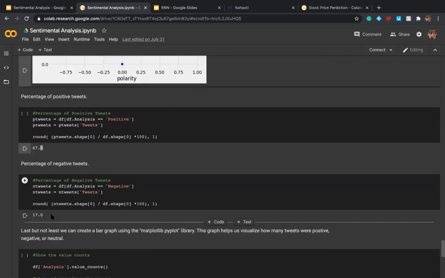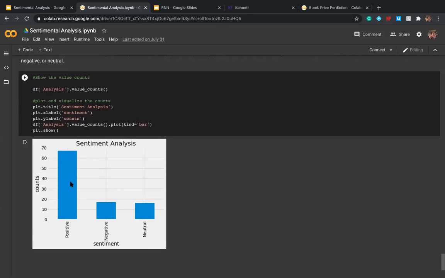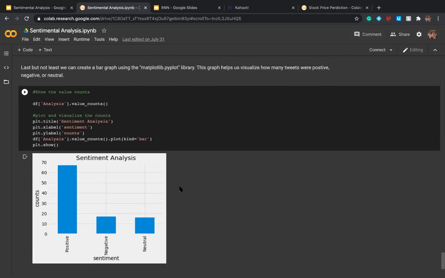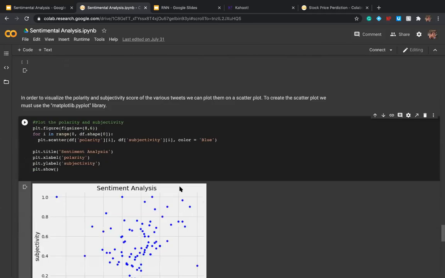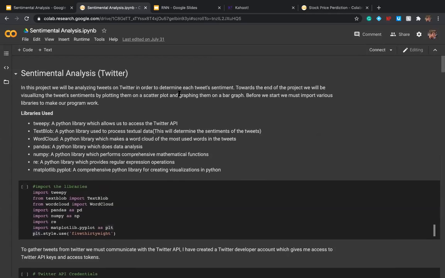And here we have the percentage of negative tweets, which is 17%. And then we can also create a bar graph showing us how many positive, negative, and neutral tweets there are. So essentially, this is a really easy, straightforward example on how to use sentiment analysis and a quick basic example